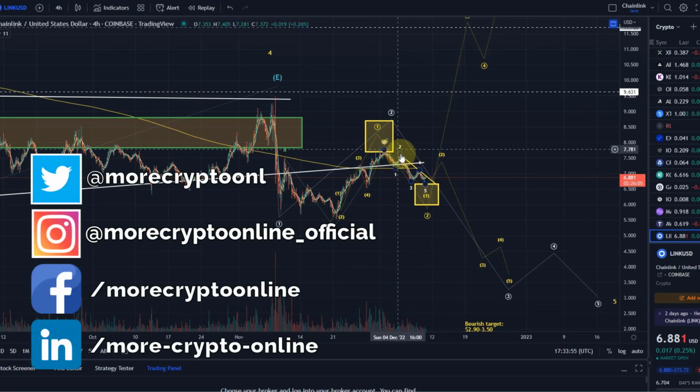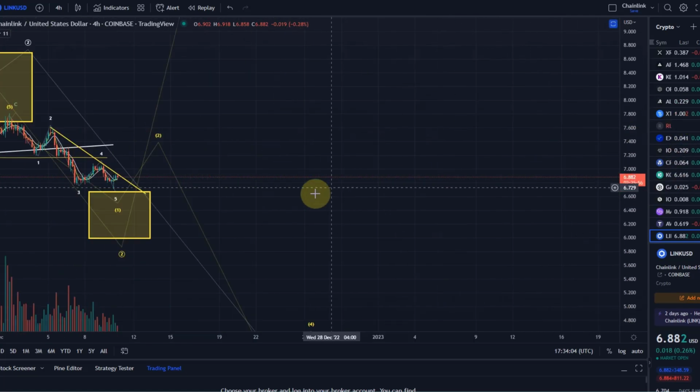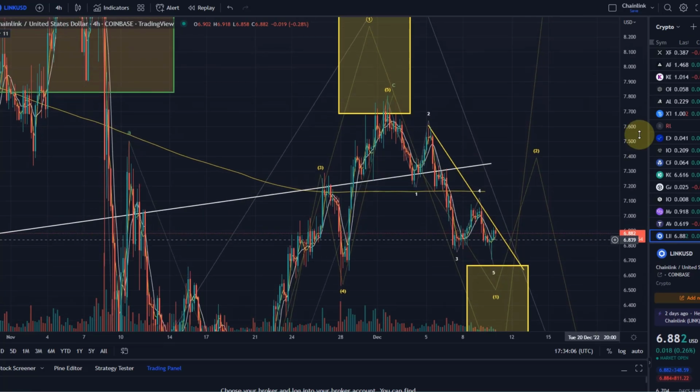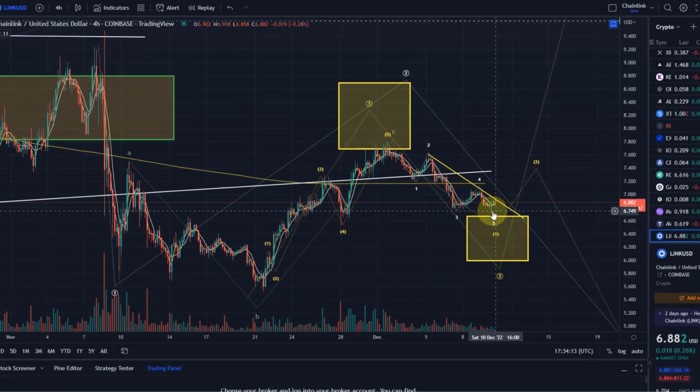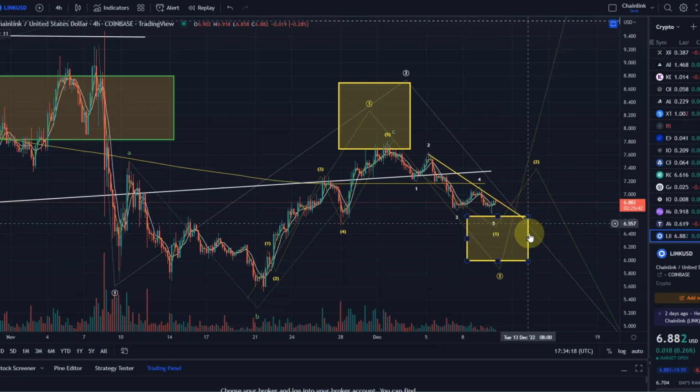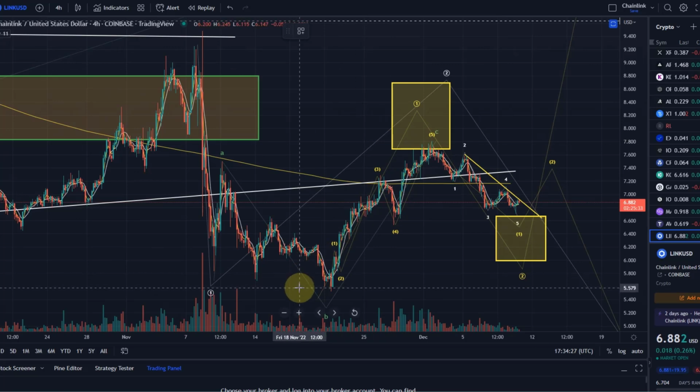Chainlink is currently following the forecast in that it basically touched this yellow support area that I defined in my last LINK video. To be accurate, we missed it by 3 cents. I would still consider that target reached, which means that we just need to be ready. It could reverse from here, because this is the trend reversal area in which I would expect LINK to reverse. Ideally it gets further into it, and ideally it touches it, but it missed it by 3 cents, which sometimes happens in a volatile market.